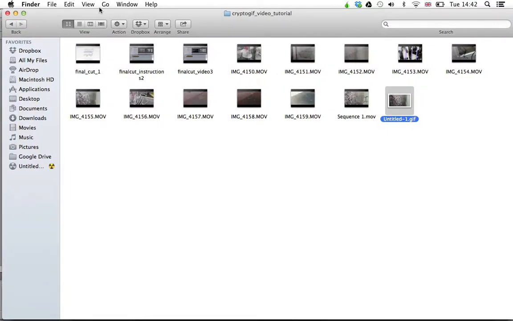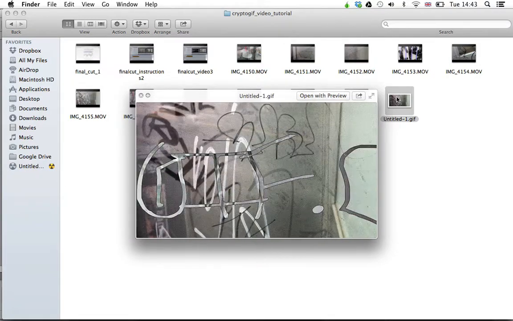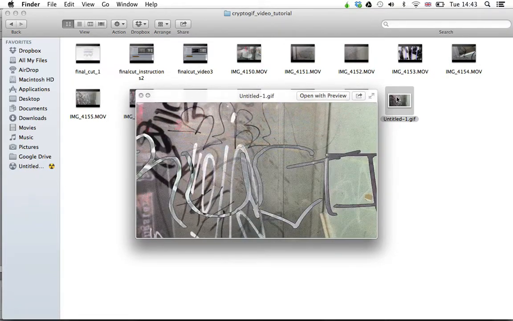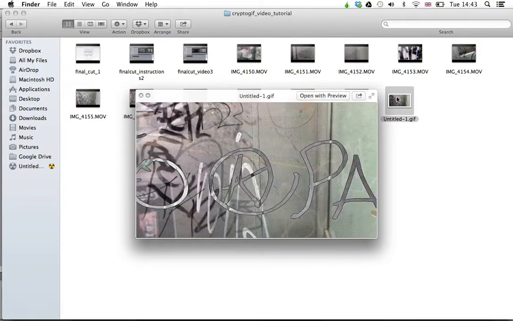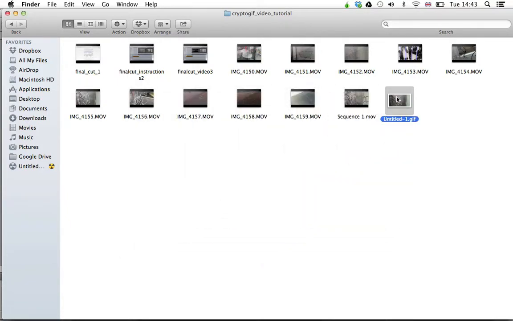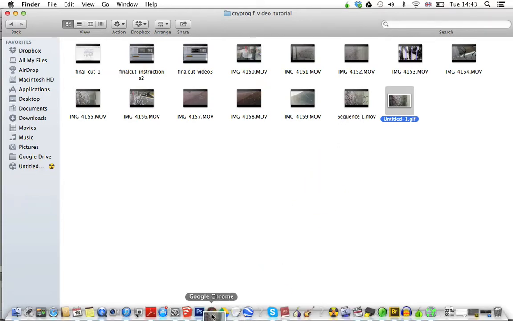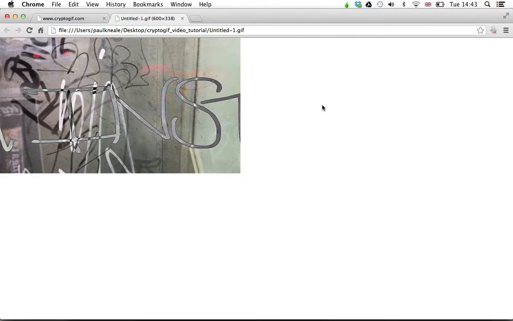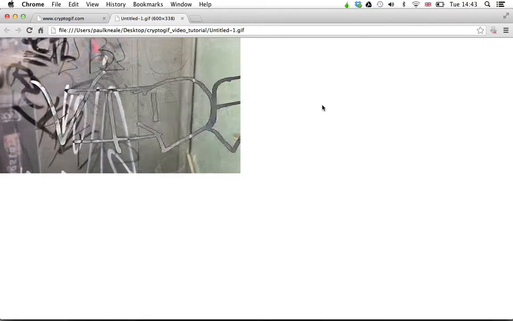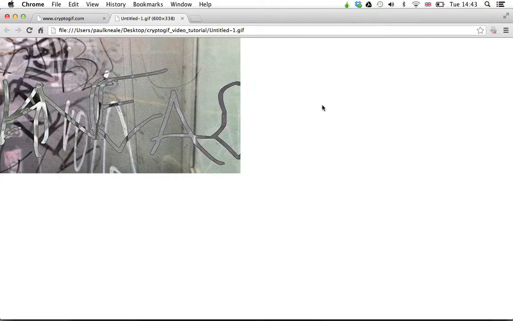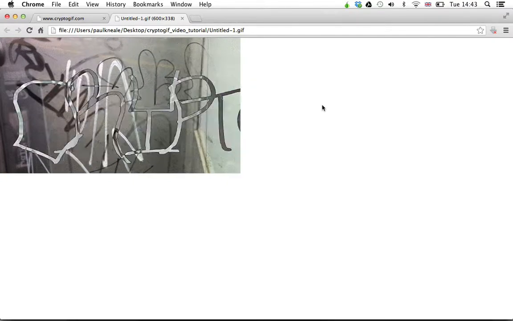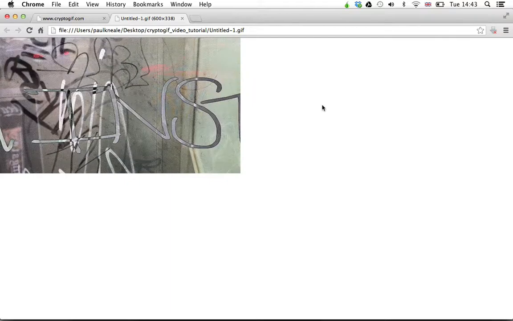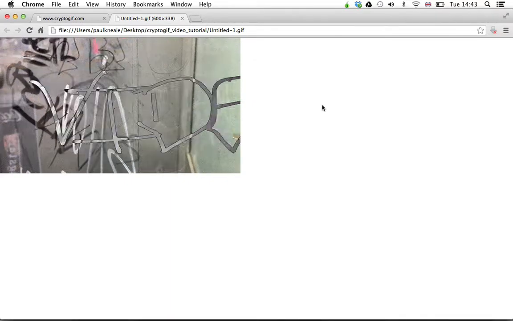Next, you can find where you saved that to, and just check out your finished GIF. So there it is, it's playing. I think it looks good. You can also check it in a browser. And there you go. So that GIF is finished. That's a visually encrypted GIF, cryptic GIF, and yeah, you've now got that GIF file, and